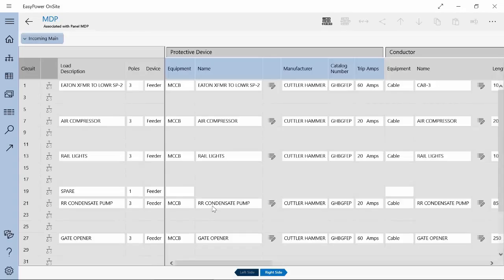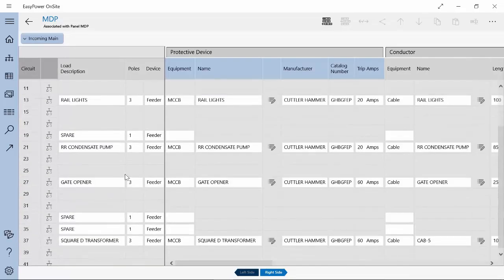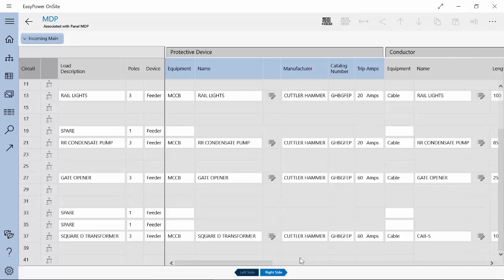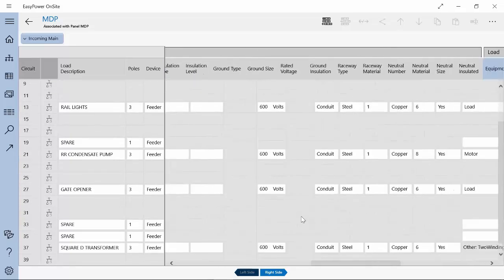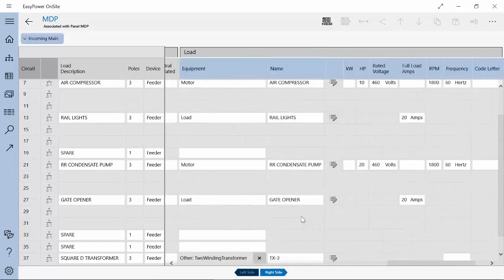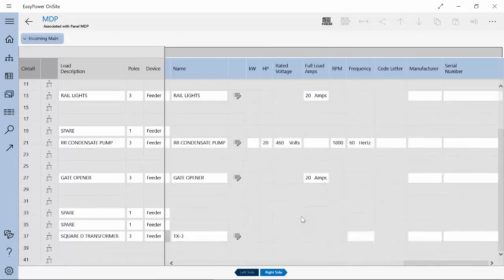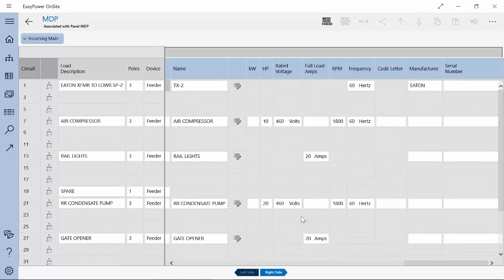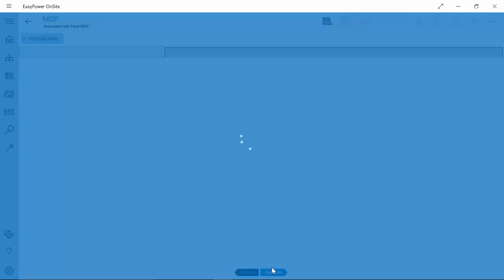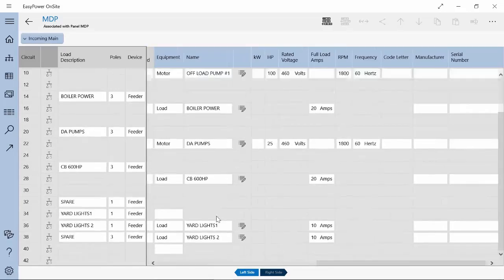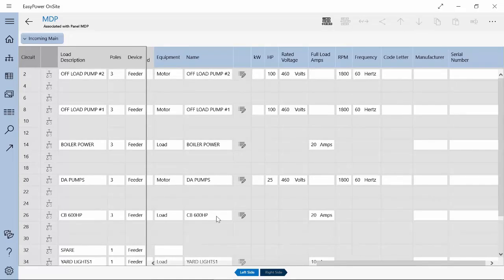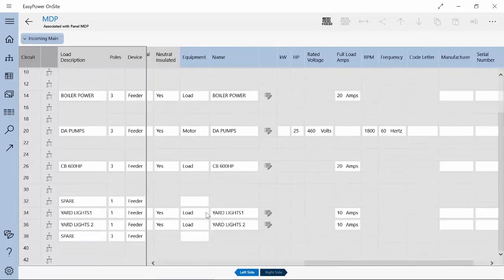What we see here is the left side where effectively all my loads are detailed out. As I look through all the data that we've collected, this is the cable data, and then we get down to specific motors, or loads in the case of lighting or heaters. Same with the right side. The schedule is effectively all completed, and we have a number of spares